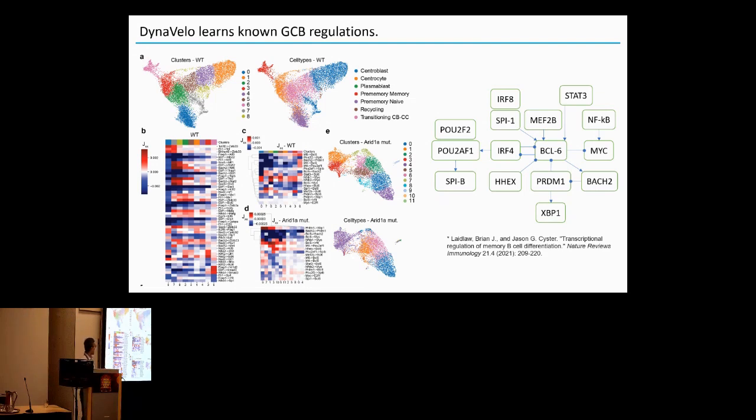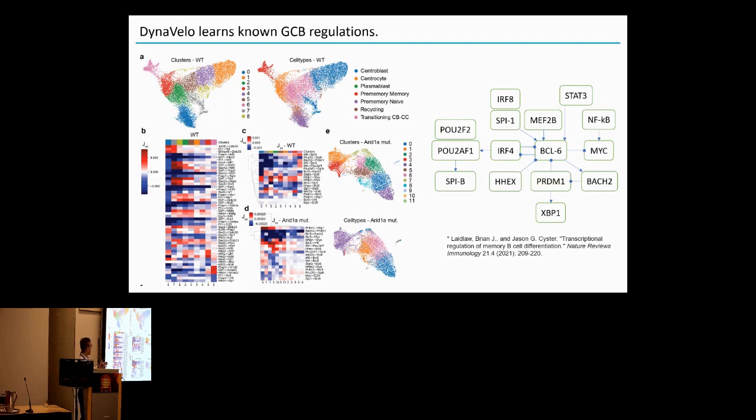And interestingly, if you look at the wild type here, some of them we can validate, but we can do this in a cell state specific way, because gene regulation is not static, it's dynamic. So it's changing over different cell types and cell states. We can show also that in ARID1A mutant samples, we lose some of this regulation. For example, the